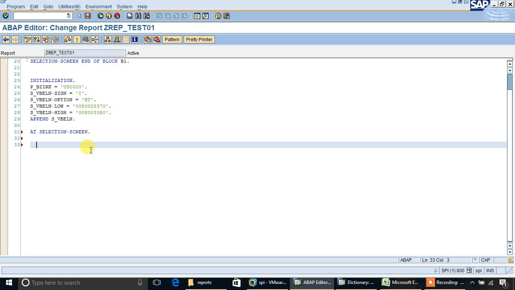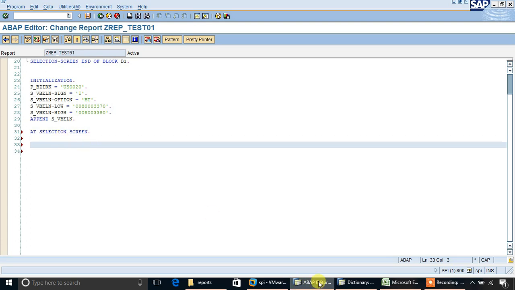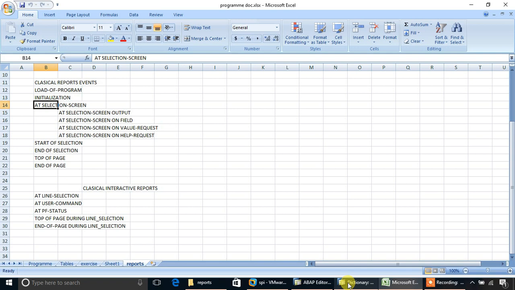The use of the at selection screen event is that the user can validate data before execution. Means only after validating this screen data does the program go to the proper coding. So that is the selection screen event.